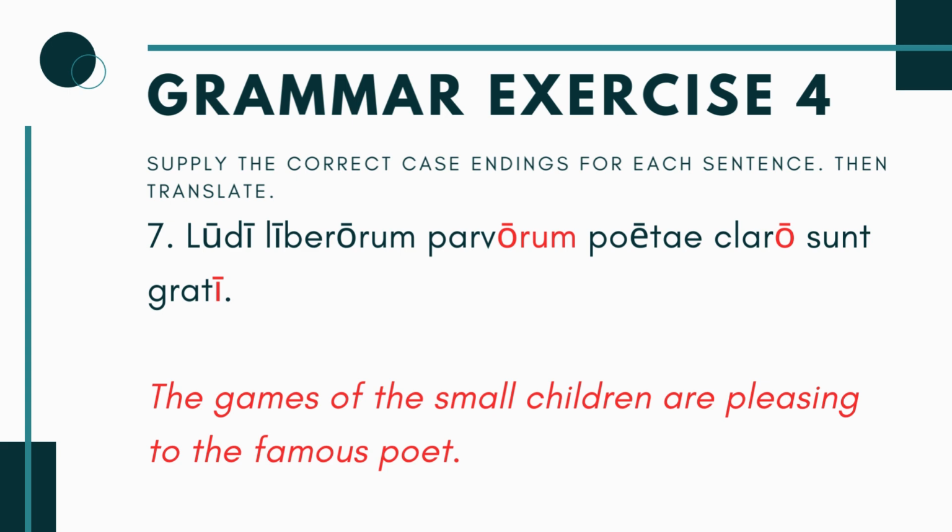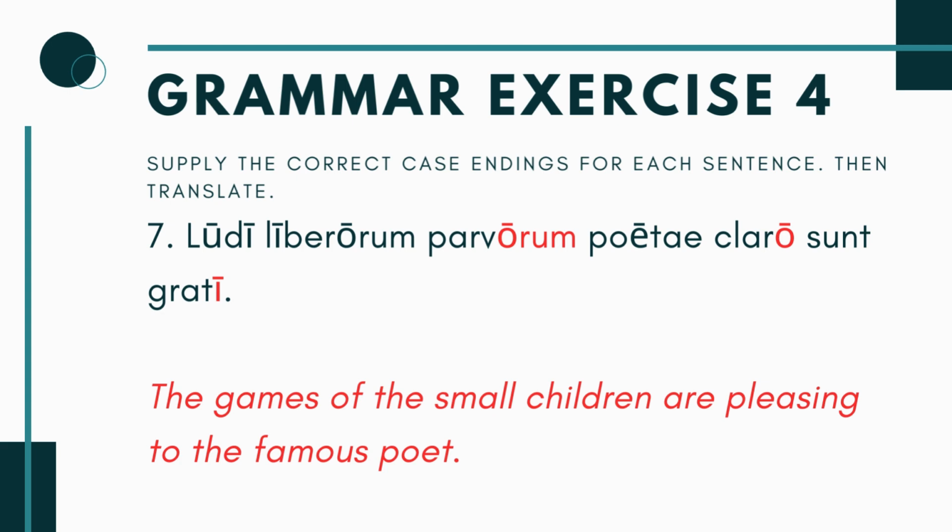All right. And then we have the last one, number 7. You have ludi liberorum parvorum poetae claro sunt grati. So your subject here is the ludi, right? The ludi liberorum, the games of the small children, right? So in other words, games is your subject, ludi. And it's going with this genitive, liberorum. Now, parvorum here is describing liberorum. Now, liberorum is genitive, masculine, plural. So parvorum is genitive, masculine, plural. You're saying the games of the small children, the liberorum parvorum. Okay, so the games of the small children, they are